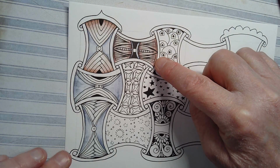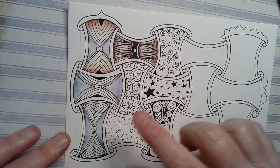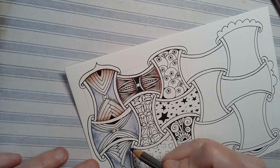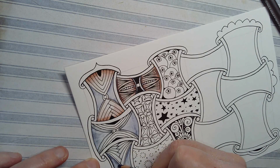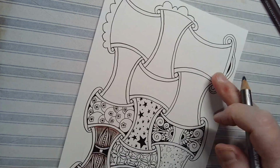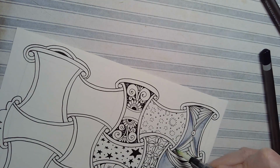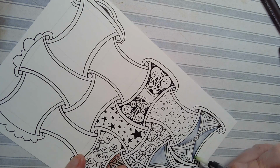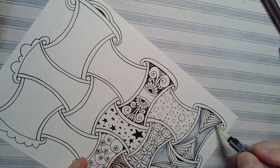Bit mucky looking, that colour, but it is what it is. These ones I really would like to increase the shadow in places, and it's a good idea to leave these to dry. Oh, as I put my hand in those, typical, to let them dry, because the graphite will lay down so much better. So I'm using this steel blue on top of the indigo just to intensify the shadows right under